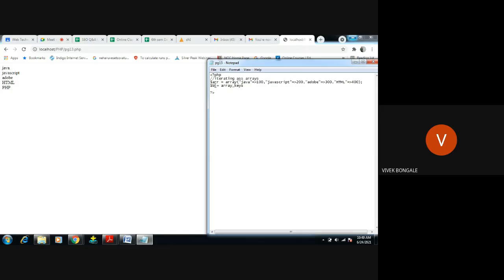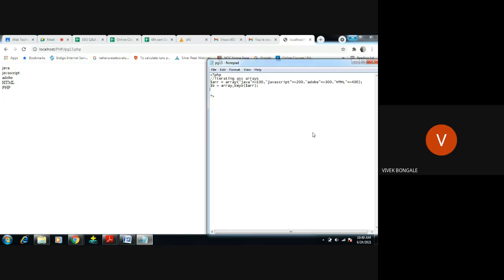Okay, what variable did we give here? Yes, here it is variable b. So I'll explain here. Array keys is the keyword used to get the keys of the array. It will take Java, JavaScript, Adobe, HTML, which are all there in the variable $arr. After taking these values, it will load them in the variable b. So then what do we have to do with this variable b? We will see that.